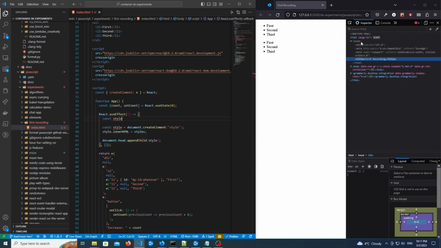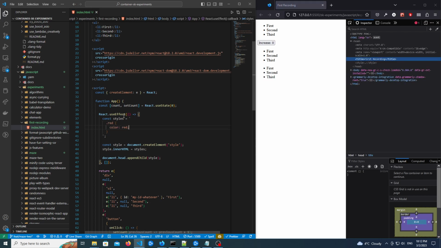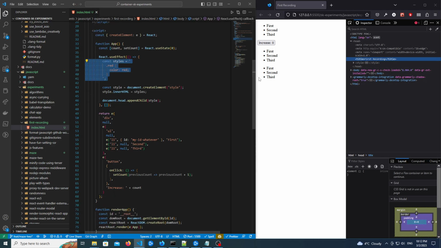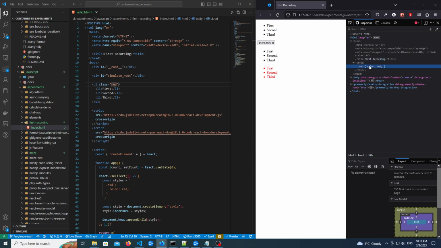And here, if I say styles here, now let's see, let's say a class, maybe, I don't know, let's say red, and let's make it a red color. Let's call it a red. Let's call it that. Now, what would happen if here, this is just an HTML, it's not React, right? But if I say class red, and it changed. Why? Because here there is a class red